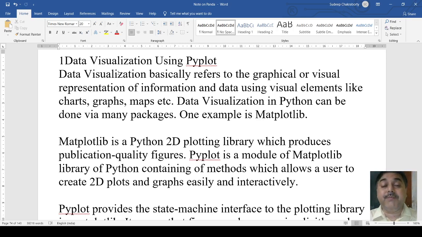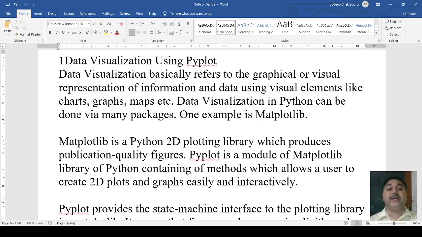When we are representing the data structures, the data that we have, that means data visualization in Python Pandas can be done